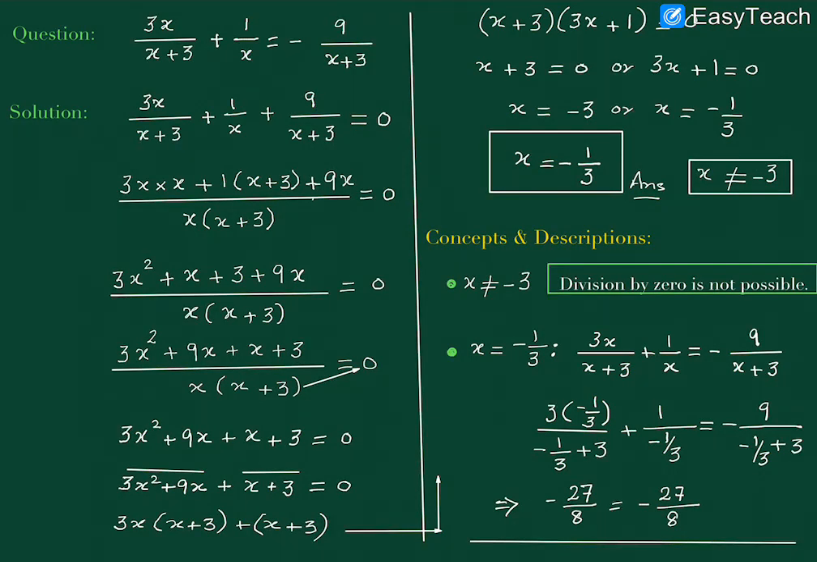Bismillahirrahmanirrahim. So this is the question: 3x upon x plus 3 plus 1 upon x is equal to negative 9